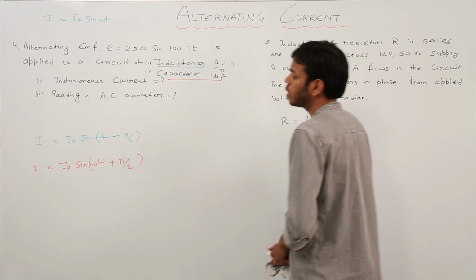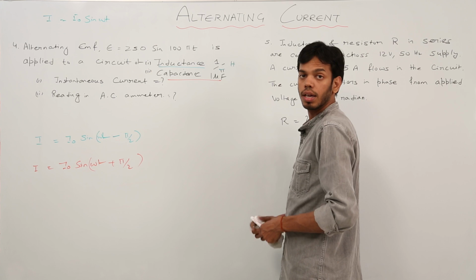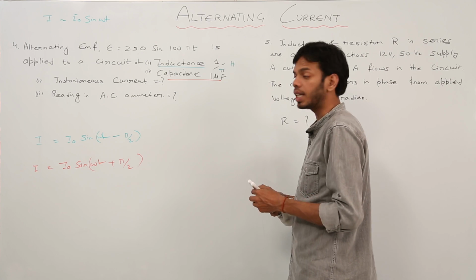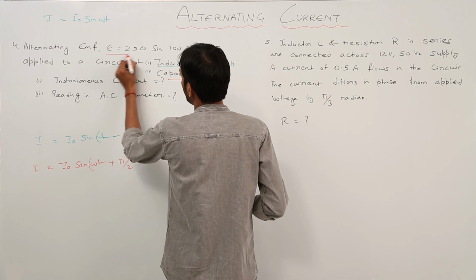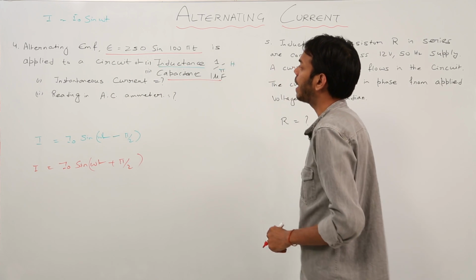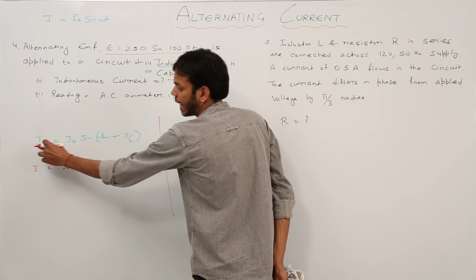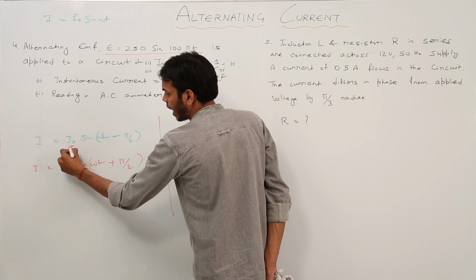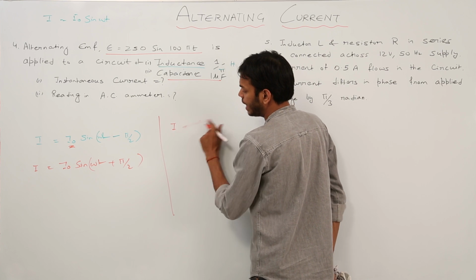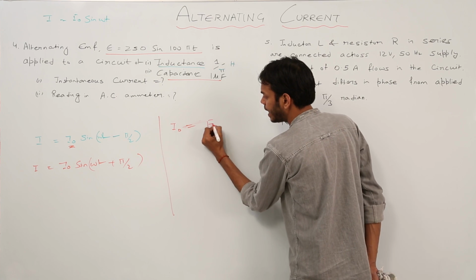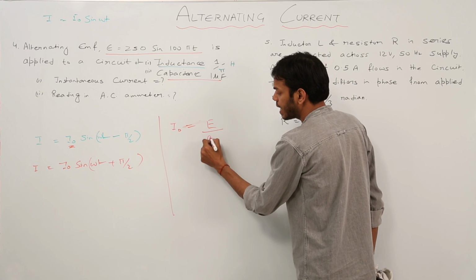What should I do about the value I naught? They have not given us current, mean or RMS, nothing. They have just given us voltage. What is voltage? E equals 250 sin 100πt. Now we want to write this equation in terms of I naught. So what is I naught? I naught is current, and